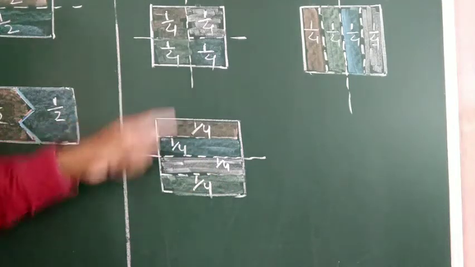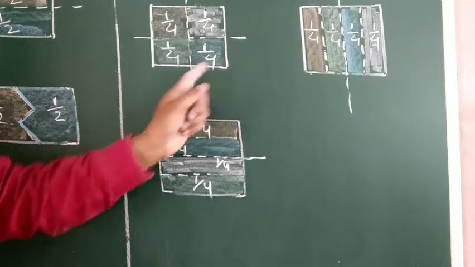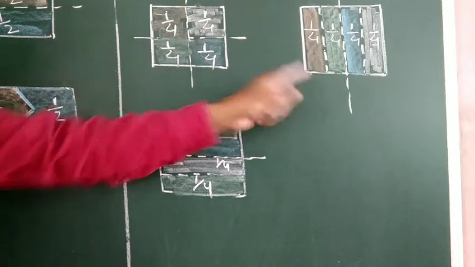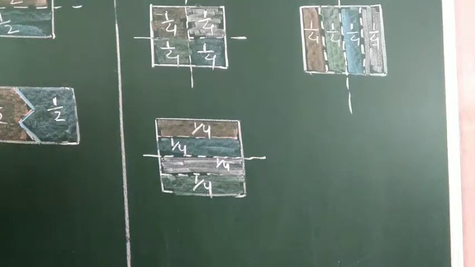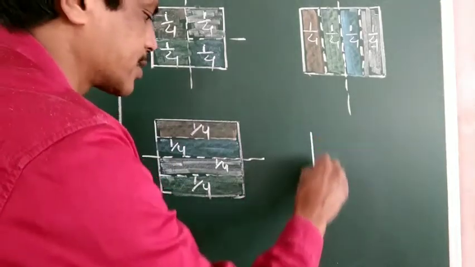So this is one more different way. See, in all these 3 sheets, we are dividing into 4 parts, meaning quarter parts, but the way of dividing is different here. So do you think there is any other way to divide into quarters? See, let's try.